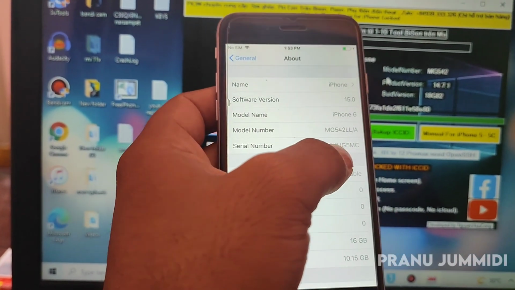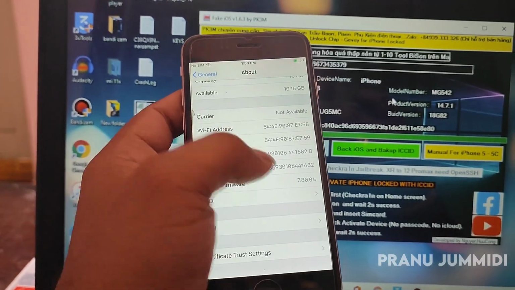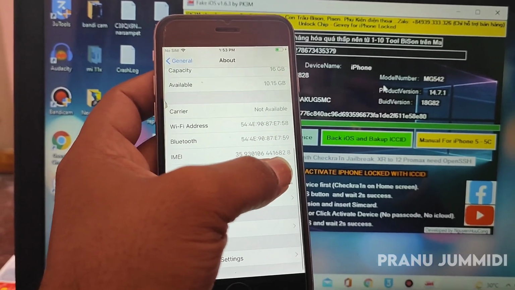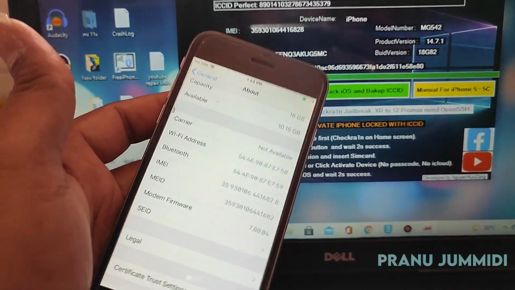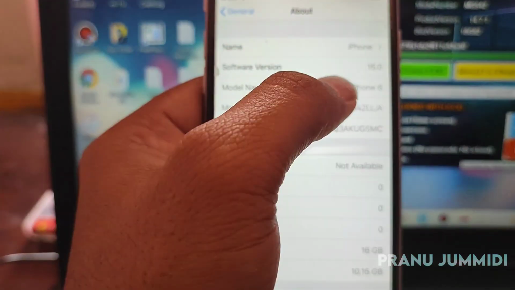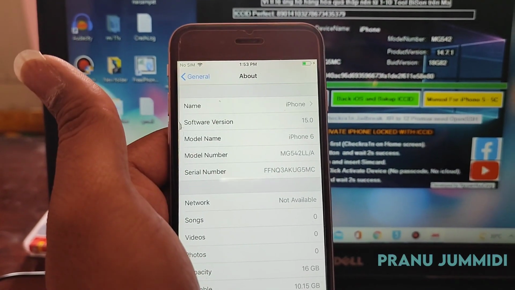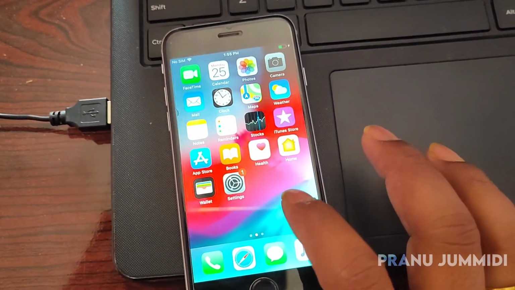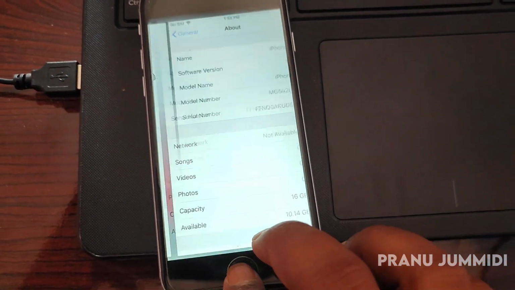We need this process to unlock a carrier locked iPhone 6 or 5s that belongs to iOS 12 and below versions. After this I will show you how to unlock this device. See here, the device has successfully installed the fake iOS.